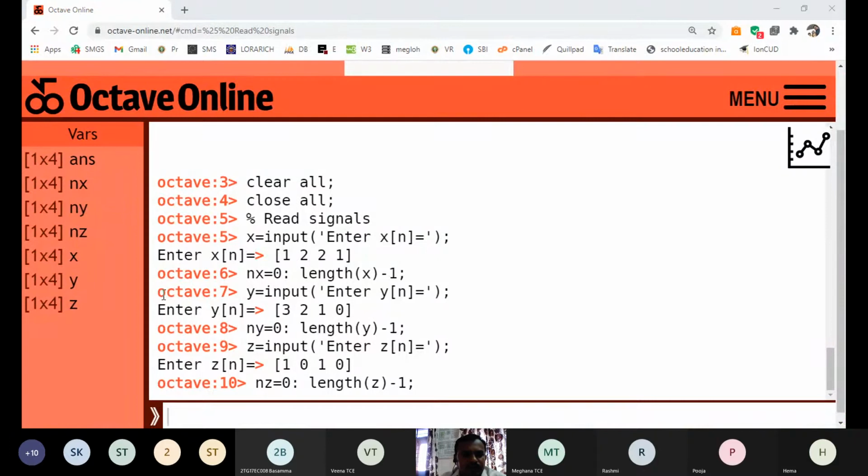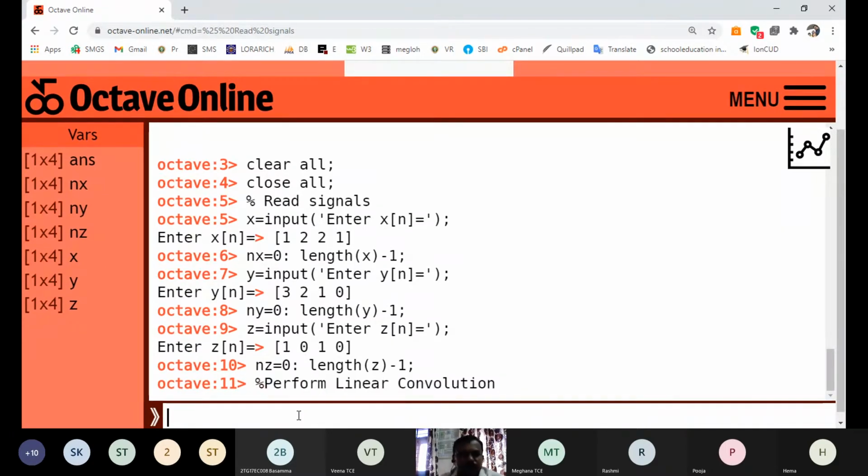Next, perform the linear convolution by using each property. Each property will be calculated with linear convolution, not by using circular convolution. So now the step is performance of linear convolution by using the first property.